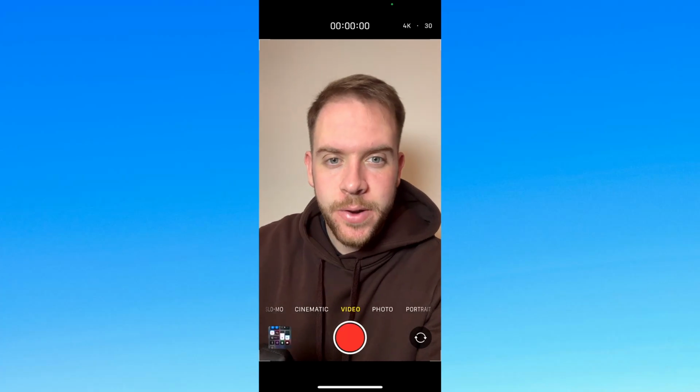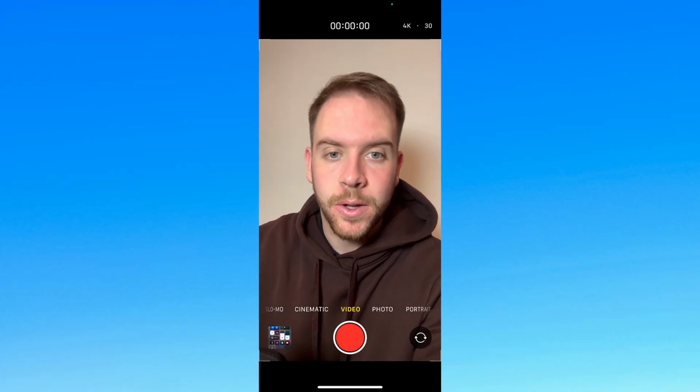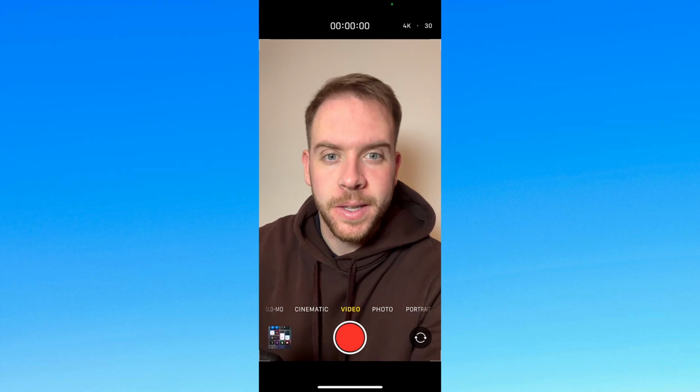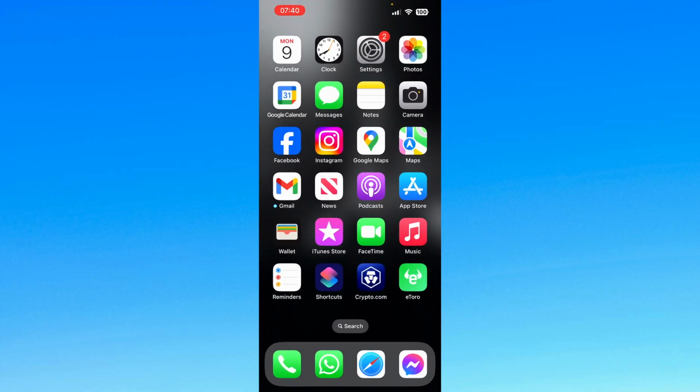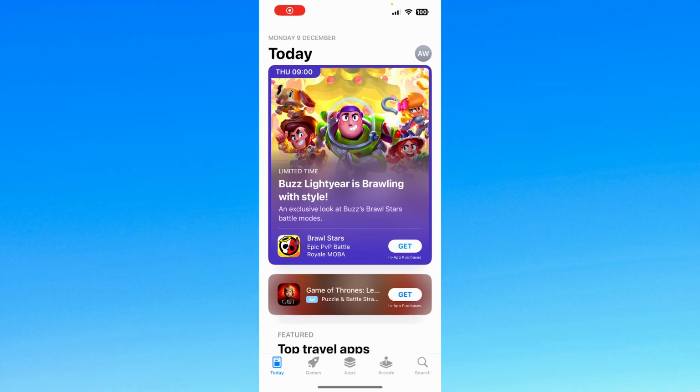Hey guys, in this video I'm going to show you how to download and install Trading 212 on your mobile device. I'm using iPhone for this, but it's the exact same for Android using the Google Play Store. So as I'm using iPhone, I'm going to go to the App Store, this blue button. As I said, if you're using Android, go to the Google Play Store, and then